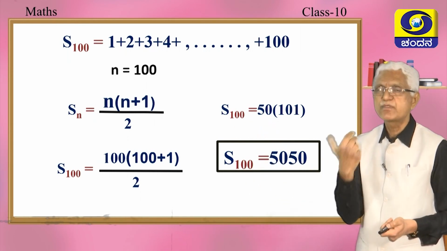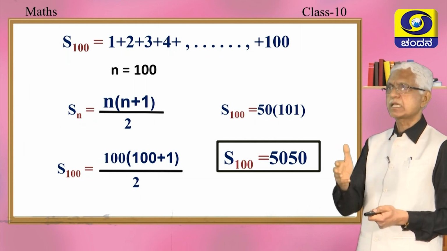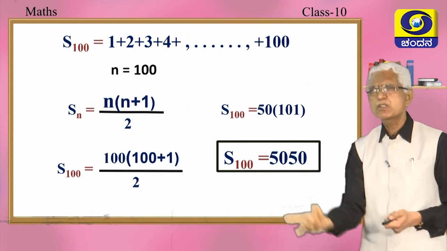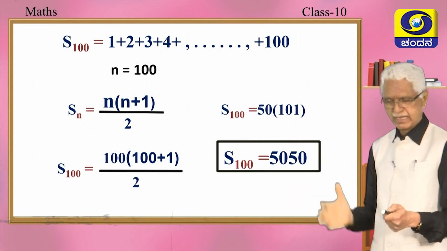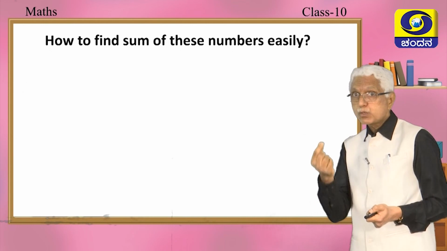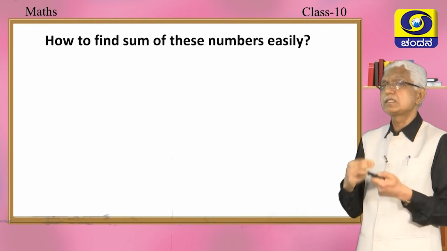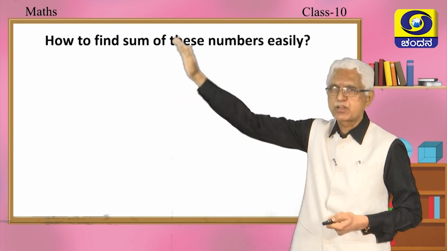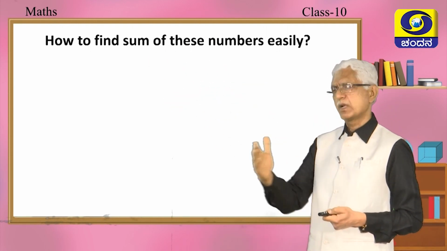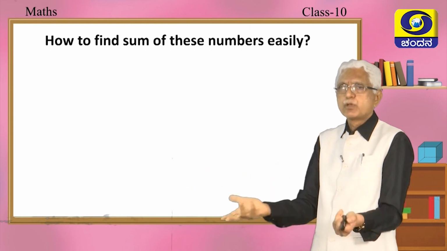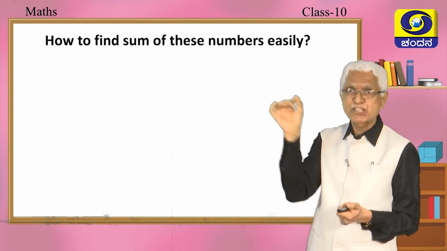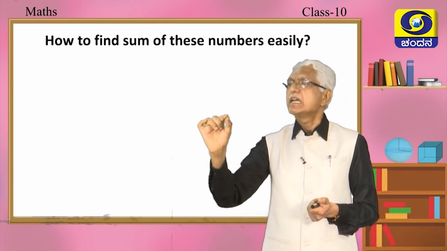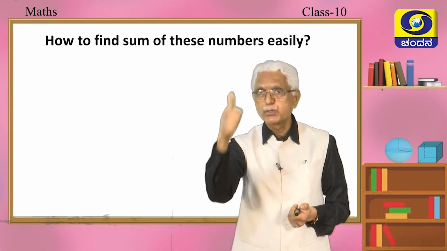See, such a simple formula. If someone asks you to find the sum of natural numbers from 1 to 1000, 1000 into 1000 plus 1 by 2, ready, give them, right? Okay, that's good. How to find the sum of these numbers easily? I took an example of natural numbers, correct? 1 plus 2 plus up to 10, up to 50, up to 100, it was the sum of natural numbers, and we observed a pattern. The pattern was n into n plus 1 by 2, beauty.